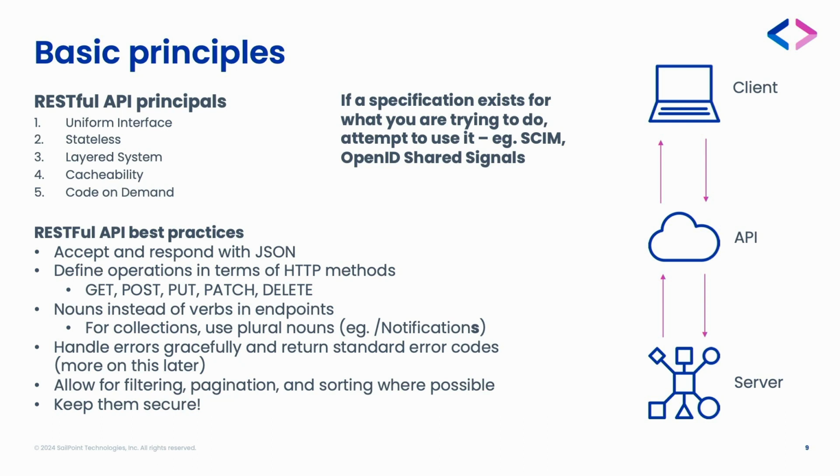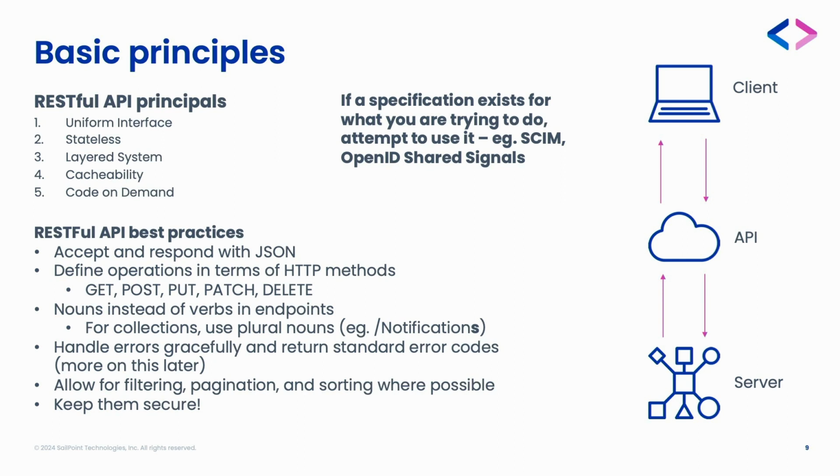Common best practices, make sure you're accepting and responding in JSON. It's just easier. Make sure that the operations you're using follow those HTTP method verbs. So put, patch, delete, post, and get. So if you are modifying an object, make sure you use put or you use patch. That goes without saying. Nouns instead of verbs for your endpoints. I'm guilty of this all the time. When I create an endpoint, I just name it whatever I want to, but typically you want to make sure you're naming it properly. If you're retrieving syslog events, for example, or audit events, for example, your endpoints should be something like /audit event